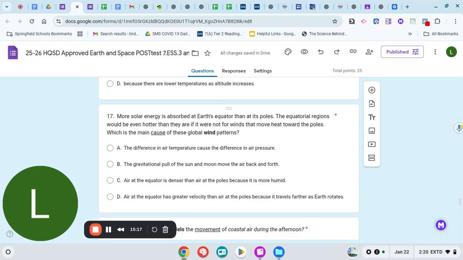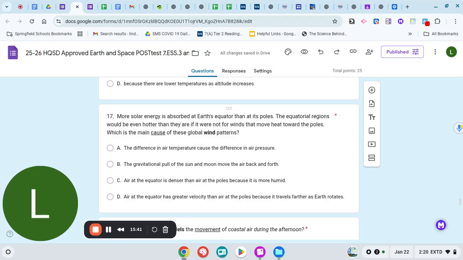A, the difference in air temperature causes differences in air pressure. B, the gravitational pull of the sun and the moon move the air back and forth. C, the air at the equator is denser than the air at the poles because it is more humid. Or D, air at the equator has greater velocity than air at the poles because it travels further as the